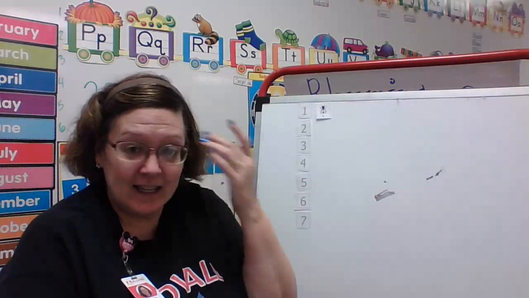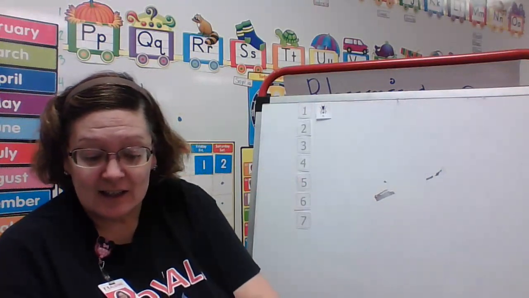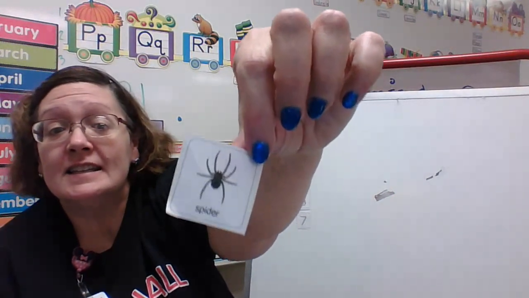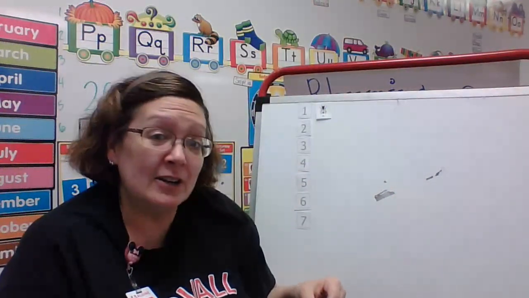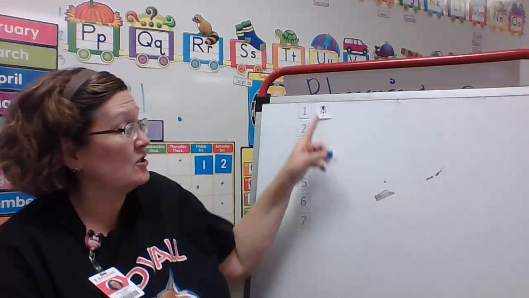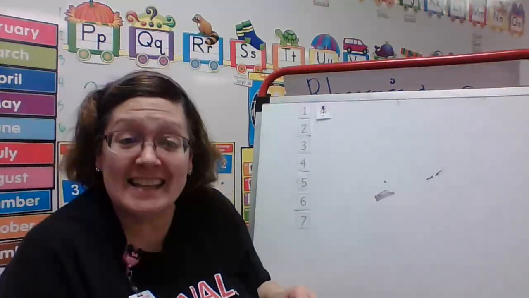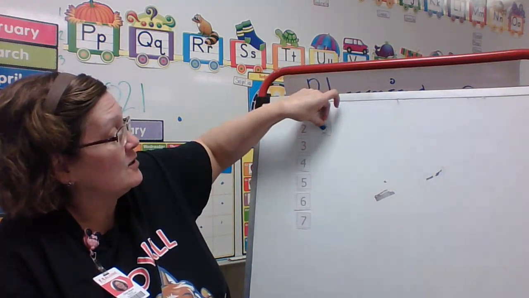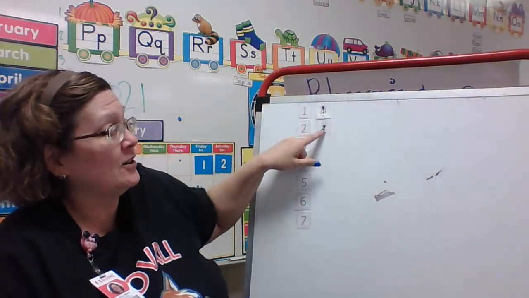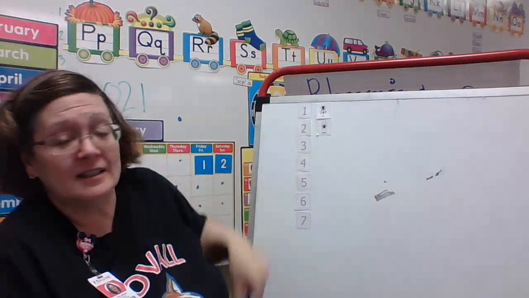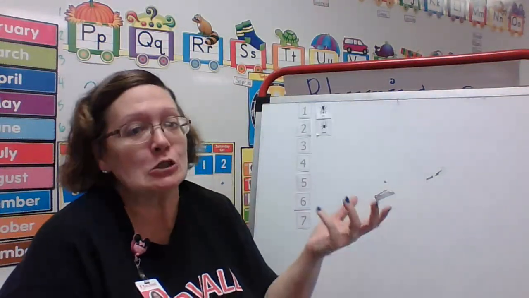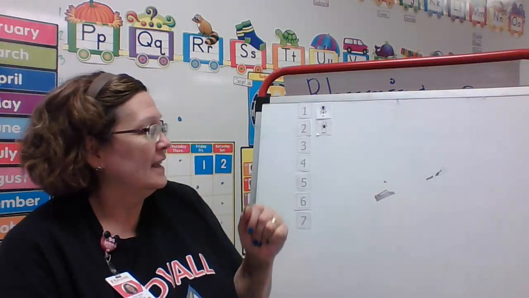Okay. Then there was an old lady who swallowed a spider. And a spider is a what? Insect. Just like a fly is an insect. We talked about that in our animals. Okay. So, she swallowed the spider to eat the fly. Yeah. Perhaps she'll die. Okay.